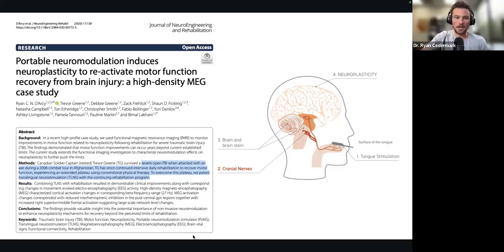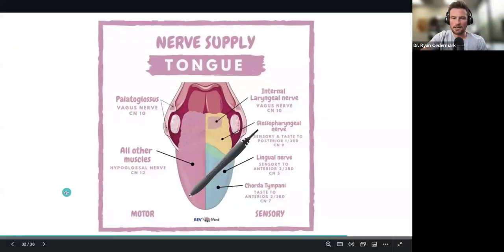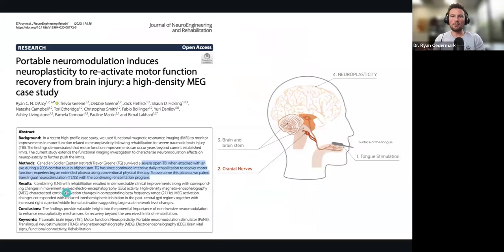So it's really neat. The conclusion showed that it gave them valuable insight on how using electrical stimulation to the tongue can enhance motor recovery and help patients break through plateaus. Another paper that is out there, I don't think I added it in here, was a paper that they have done on MS patients. And what they did was they coupled balance exercises or gait training exercises, so walking exercises, with electrical tongue stimulation, and it helped improve muscle endurance, clinical outcomes, improve gait, improve balance just by stimulating the